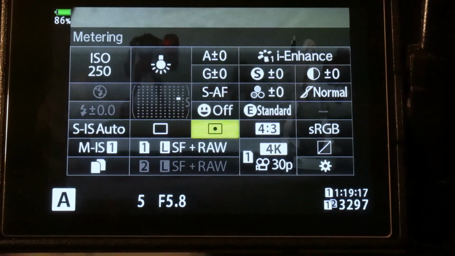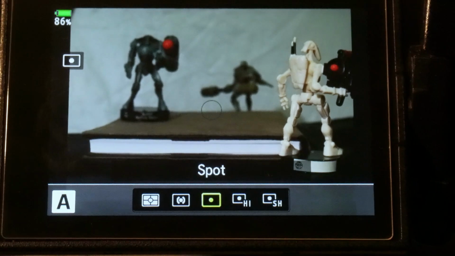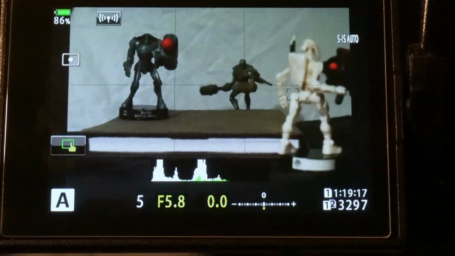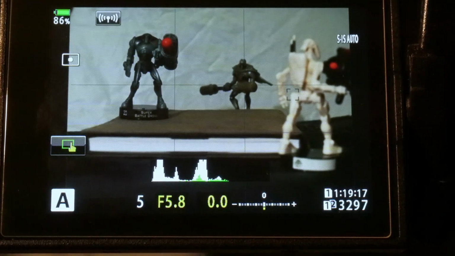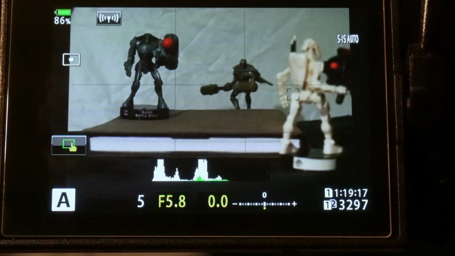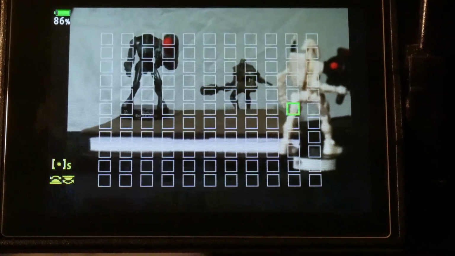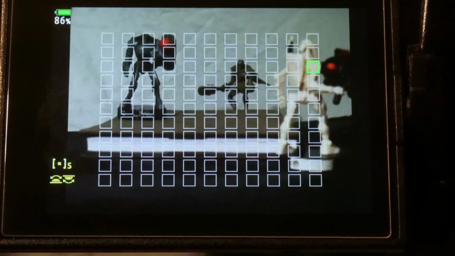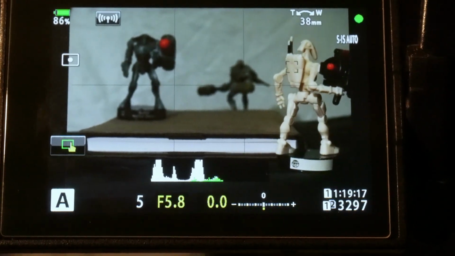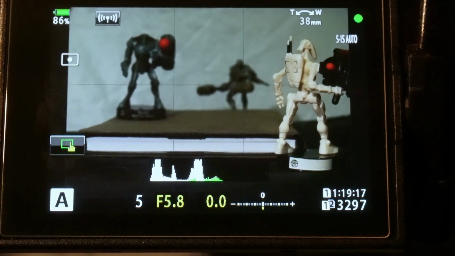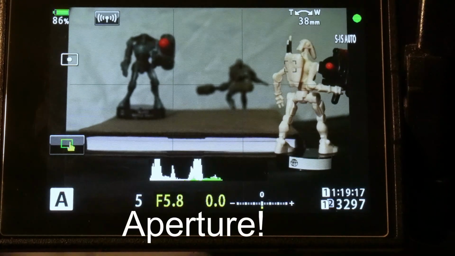So I'm just going to have a look at what metering mode I'm in. If I go down to the metering mode options, you can see I'm in spot metering mode, and I'm using spot metering mode in this instance because I want to illustrate the difference between the reflected light from the lighter subjects in the scene compared to the darker subjects in the scene. So our exposure is actually tied in with our focus point. So here you can see I'm focusing on the lighter character in the scene, and it's giving me a meter reading of 1/5 of a